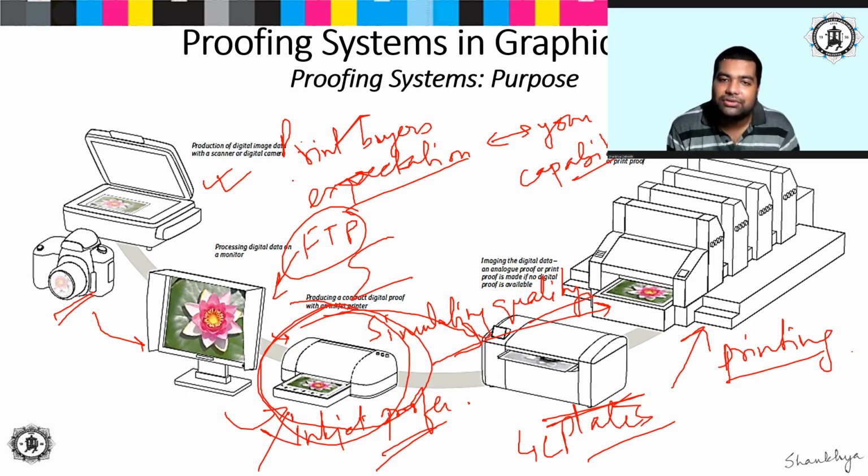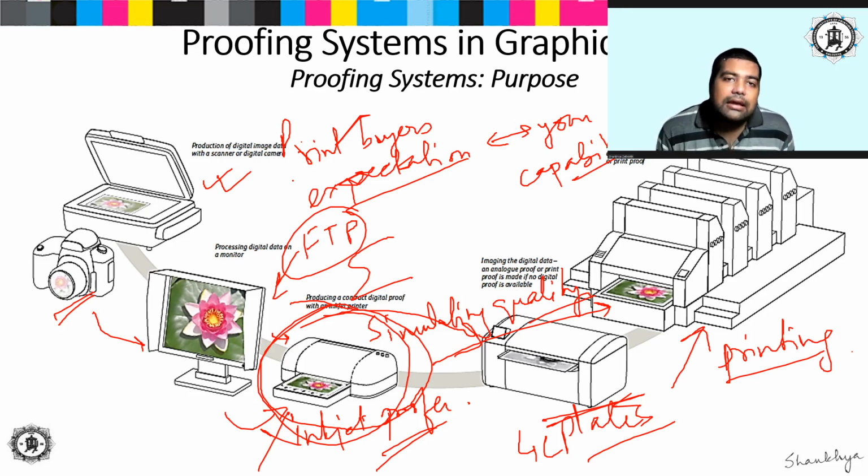What you need to do here is show him a proof of what your printer is actually capable of. Definitely while taking out a proof, you will not go to your 4 color offset machine, or your gravure machine. You will take the help of some other technology which is low cost in the short run. Digital technologies, as you already know, are low cost in short runs and high cost in longer runs. But your offset machine is high cost in low runs and low cost in longer runs, because volume is large. It is justified to run a 4 color offset machine if you print a few lakh of copies, or even a few thousand copies.